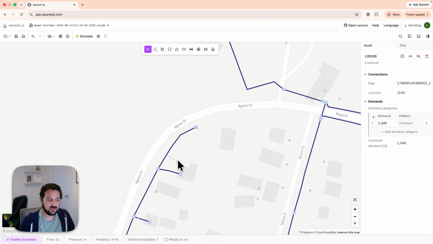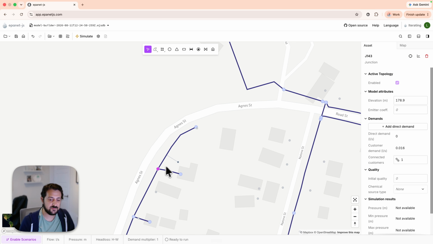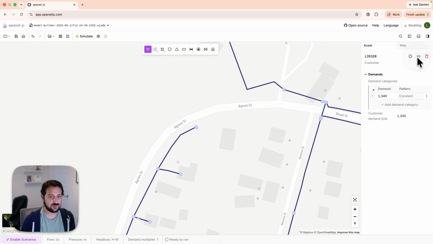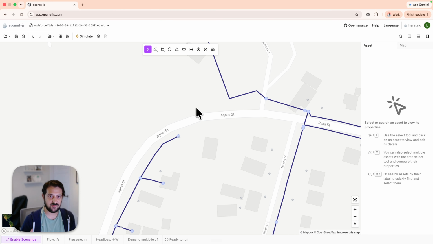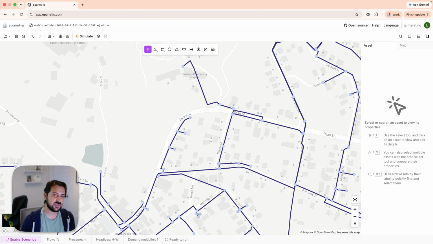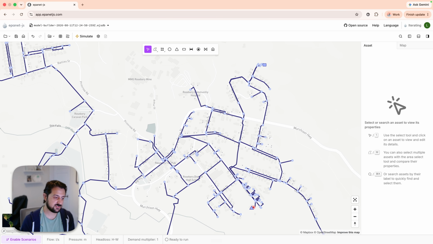And this is actually applied to the pipe, but then to the closest junction on that pipe. So if we select this one, you'll see the connected customers here. And because of the way that EPANET works, the demand is actually at the junctions, and this is applied directly to that junction. So it helps you understand where these demand figures are coming from. Now, of course, you could go through and connect these all manually, but we have over 1,000 customers. It would take too long. So we have an automated process for this.